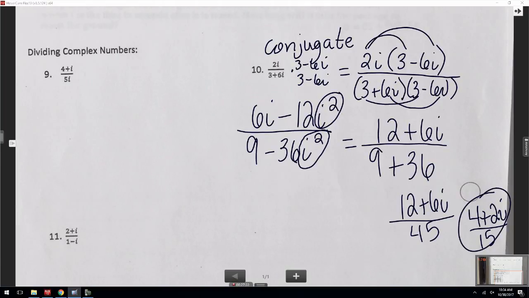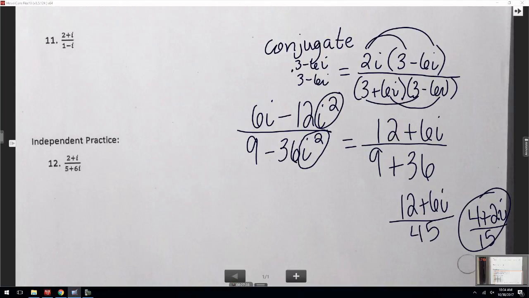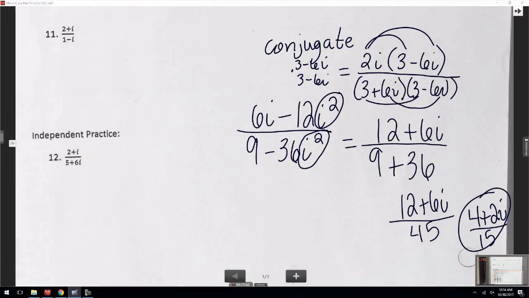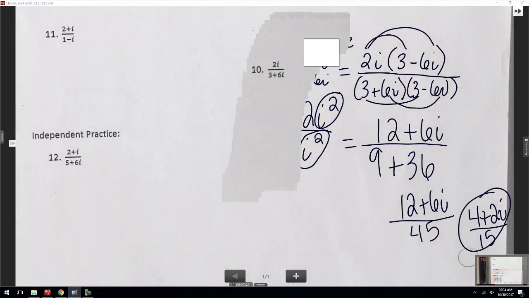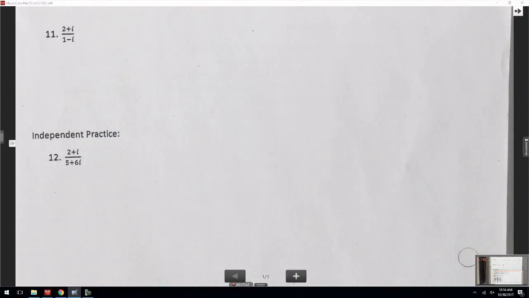All right, here we go. Let's go. One more at the bottom. Number 11. Trying to do a circus show up here to get y'all to wake up. All right, so we have a binomial on the bottom, right? So I got to multiply by the, what was that C word? Conjugate. What's the conjugate? 1 plus i. There you go. And it's perfectly legal as long as you do the same thing to the top that you did to the